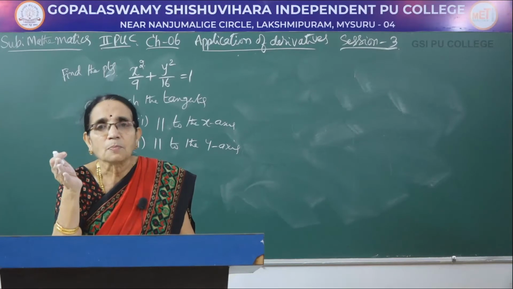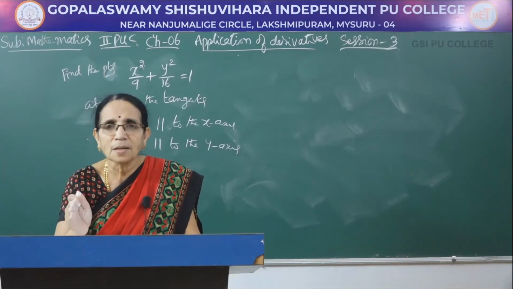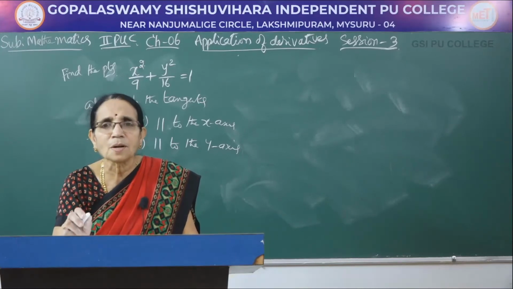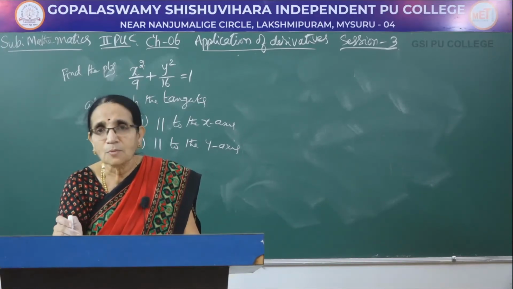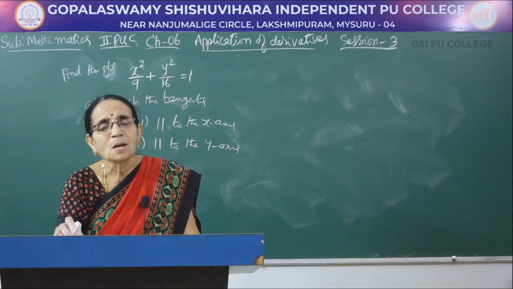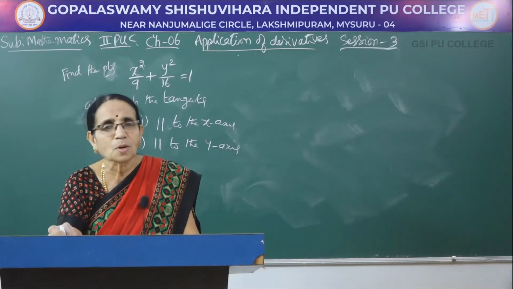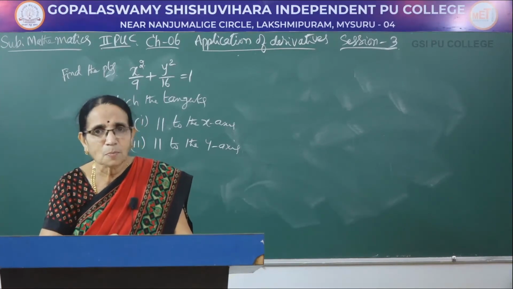or you can say perpendicular to the x-axis, because if a line is perpendicular to the x-axis, the angle would be 90, slope means tan 90. Tan 90 is not defined, we will be getting 0 in the denominator. Still, we denote it as infinity. So infinity can be written as any number divided by 0. So you can take 0 in the denominator position.